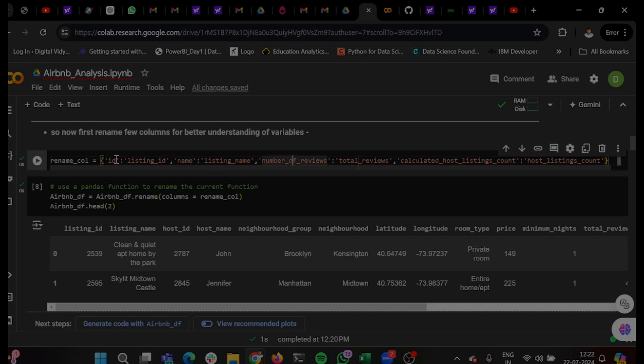We can say total reviews, calculate hosting listing count. We have the hosting listing count, some rename, so we can easily understand our data and easily get the data. And we use the equal to column for rename changes. So why had we used